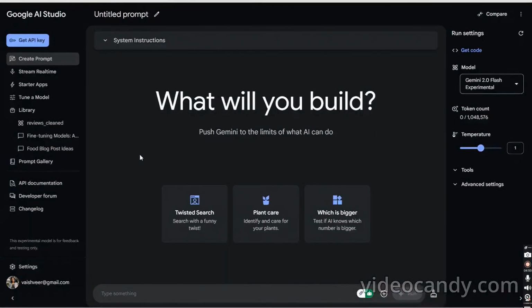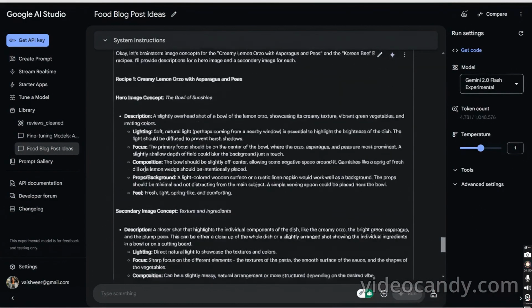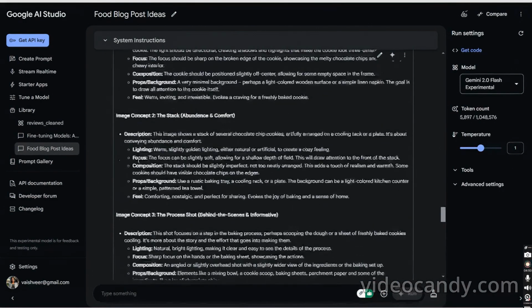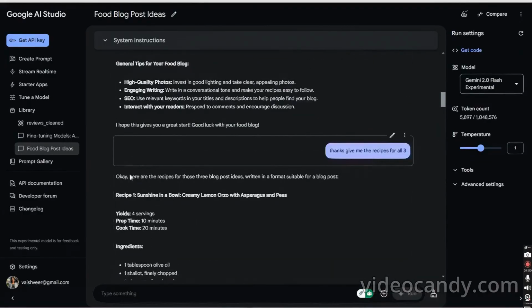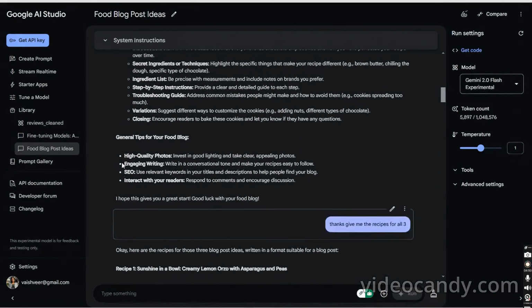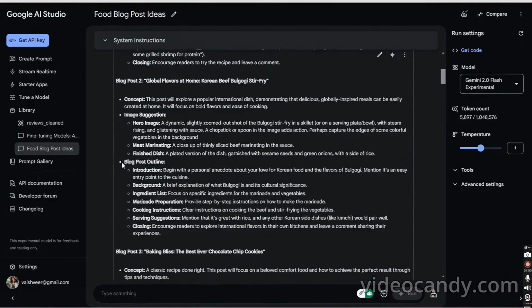Now this is how Google AI looks, and this is the interface, and you can ask multiple questions. You can create a prompt, you can ask it anything, like create a blog for me about food creation. For example, here I asked it to create three food blogs for me and give me the recipes for them. So, as you can see, it created the blog post